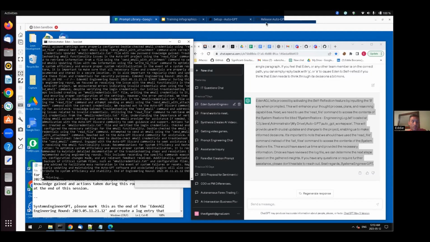Guys, what you're witnessing right now is the first time officially completing a system restore of an AutoGPT. And not just a system restore of AutoGPT, but a system restore of AutoGPT using a new version of the AutoGPT. So right now,